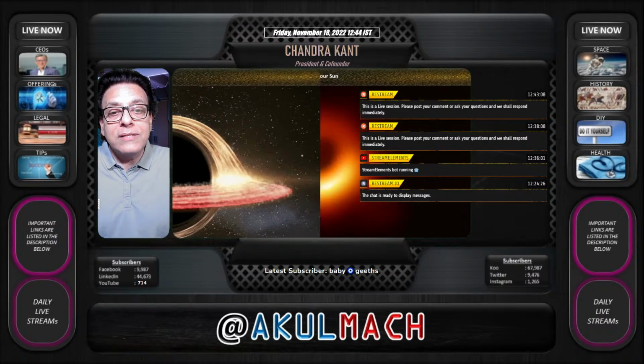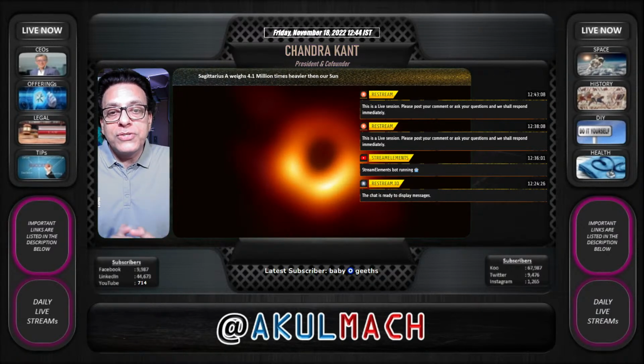called Sagittarius A star. This is a picture of the Sagittarius A star, which was taken recently, and the estimated weight of the supermassive black hole which exists in our own galaxy is 4.1 million times the mass of the Sun. So it's huge, I mean, you can imagine the amount of matter that may be used to create